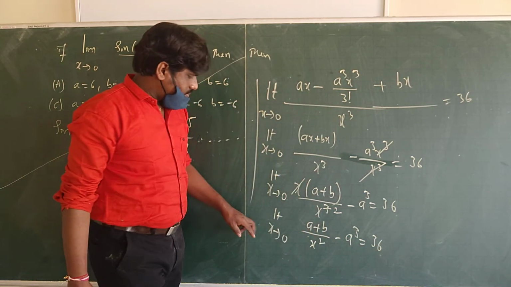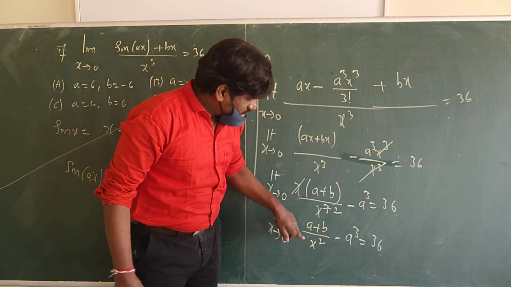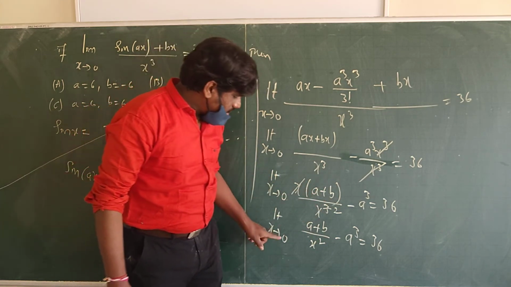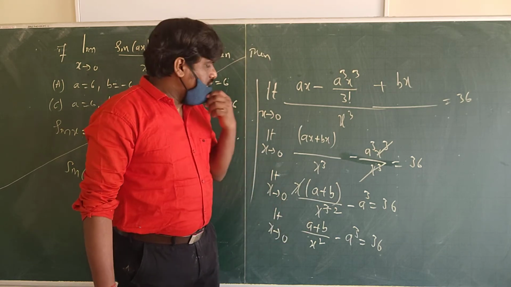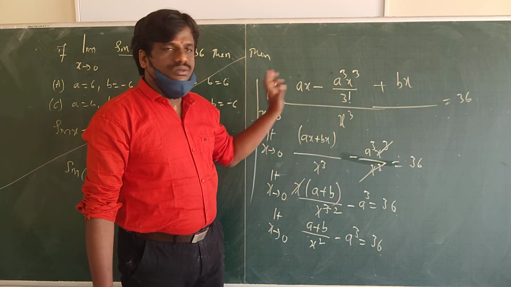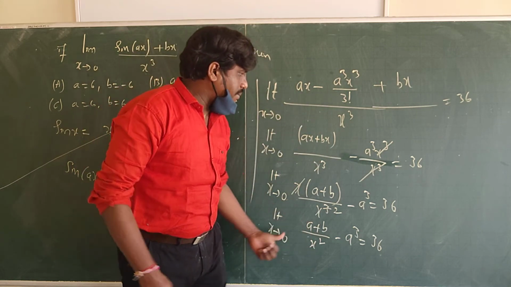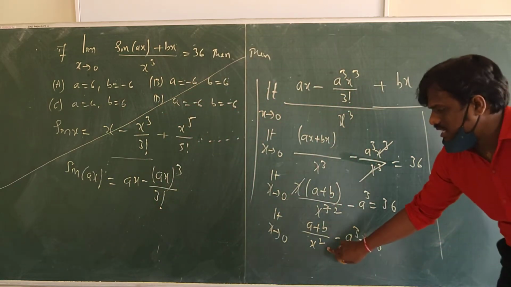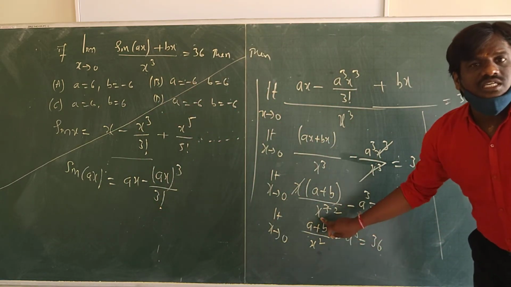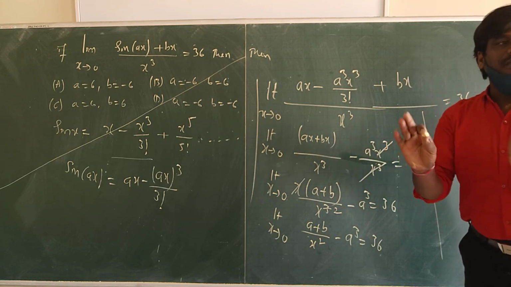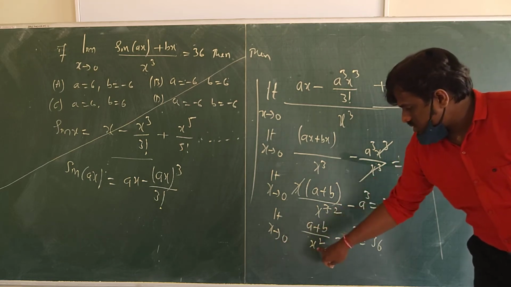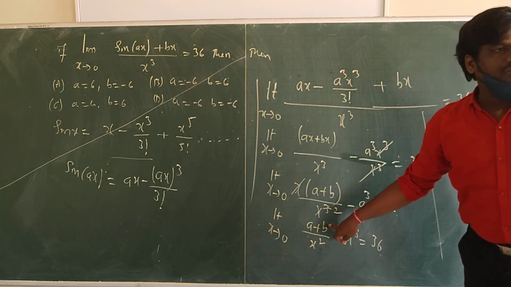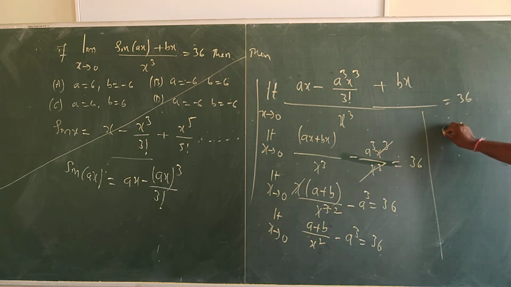You know that if you substitute it should exist, means a plus b must be 0, because it should have 0 by 0 form. You can do it here also, but here it is an easy way. So a plus b must be 0. 0 by 0 form should come. If I substitute 0 here, the 0 by 0 indeterminate form will give you the limit answer. So if x square is there and limit x tends to 0 is there, it should be 0 here also. So a plus b must be 0.